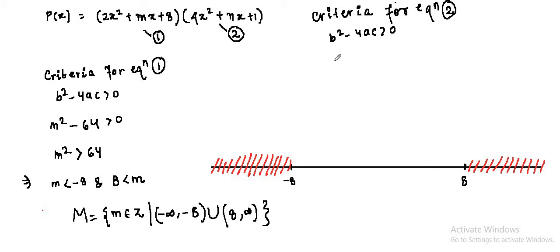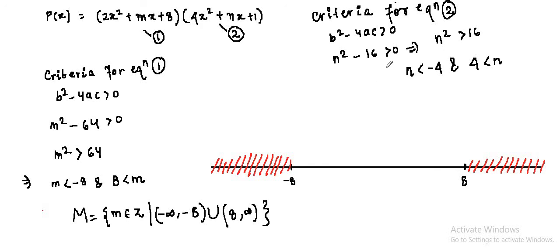The equation that you will obtain is n square minus 16 is greater than 0, which implies n square is greater than 16. So the condition that you will be obtaining here is n is lesser than minus 4 and 4 is lesser than n. So this is the condition you have obtained for equation 2. Again, let's plot this and let's explain